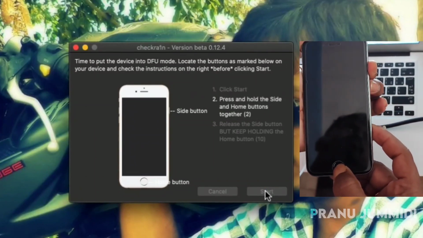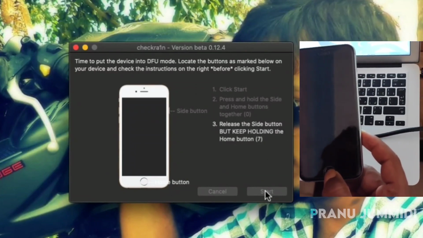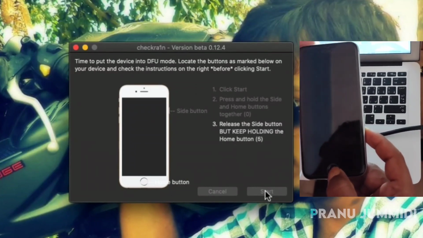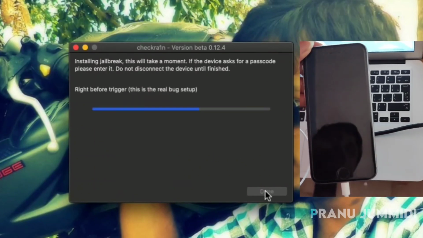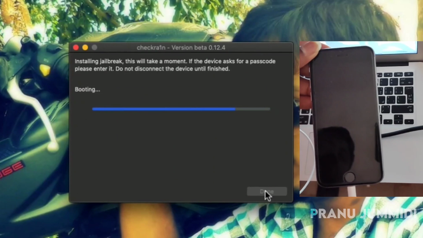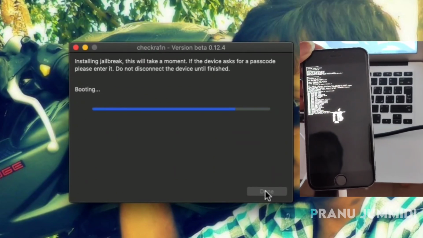After 4 seconds you need to release the power key, but keep holding the home button. After 6 to 7 seconds, release the home key and the device will be jailbroken automatically.